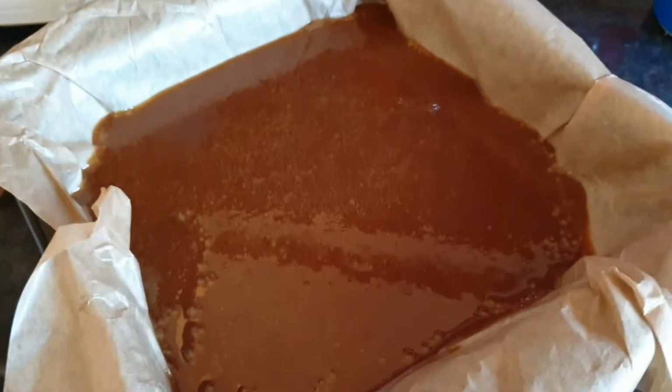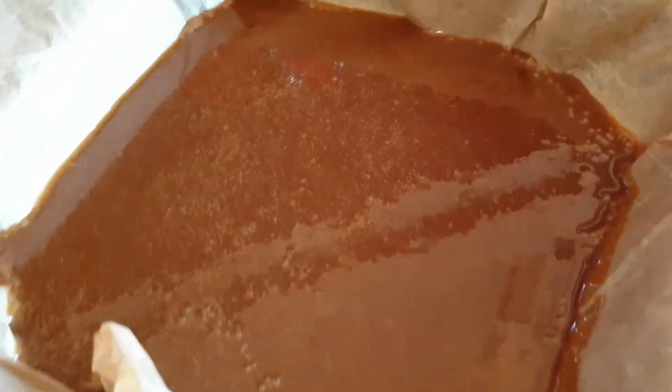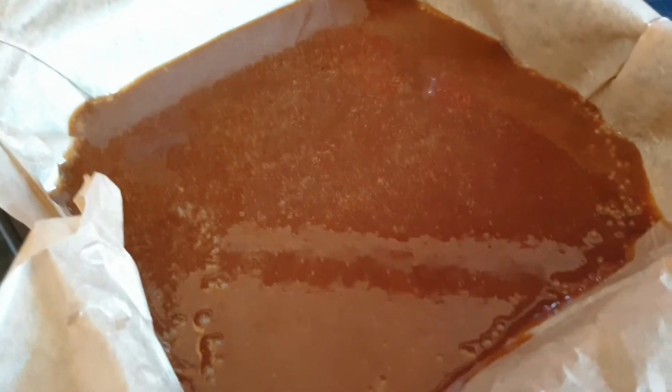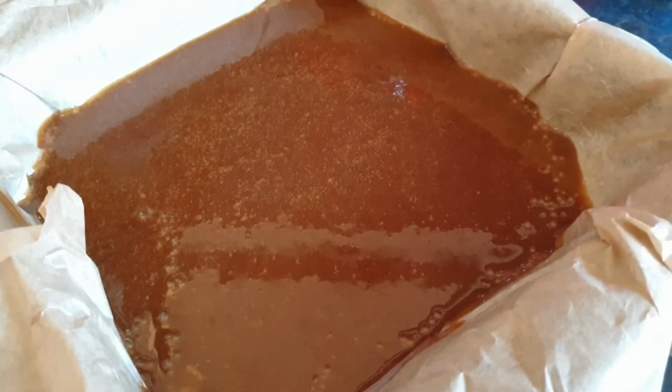And there you have it, done. This will start to cool now, and in a couple of hours it'll be ready to portion up, share among your household, and have something sweet to enjoy